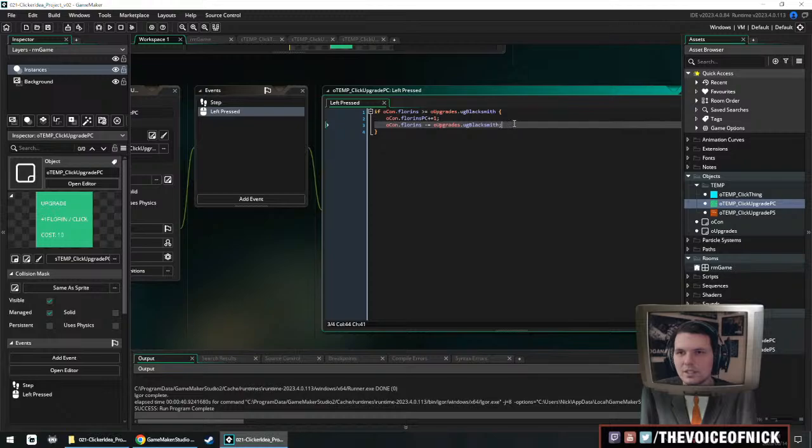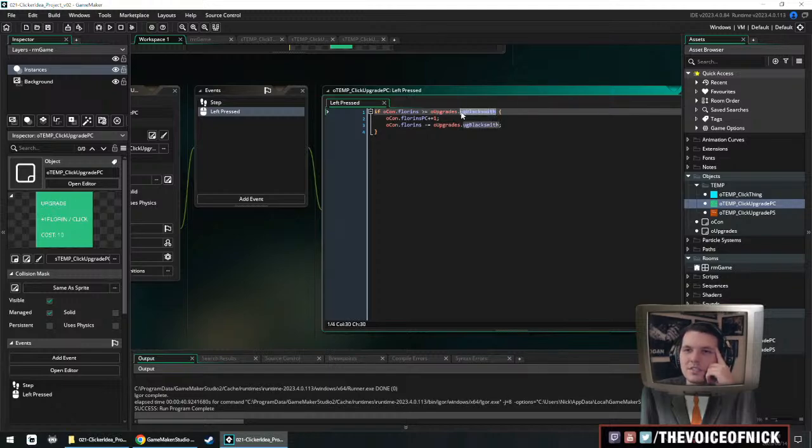So basically, I think actually that we could do this with a really complicated set of, we could have a controller for all clickable objects, or all upgrade objects rather, because they really all do the same thing. It would be ocon.florins if it's greater than or equal to O upgrades dot,